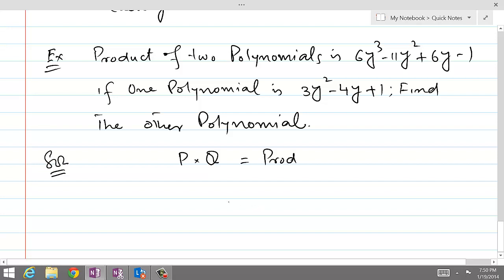Now if we divide the product by p, then we should be able to get the other polynomial. Therefore, we are going to divide